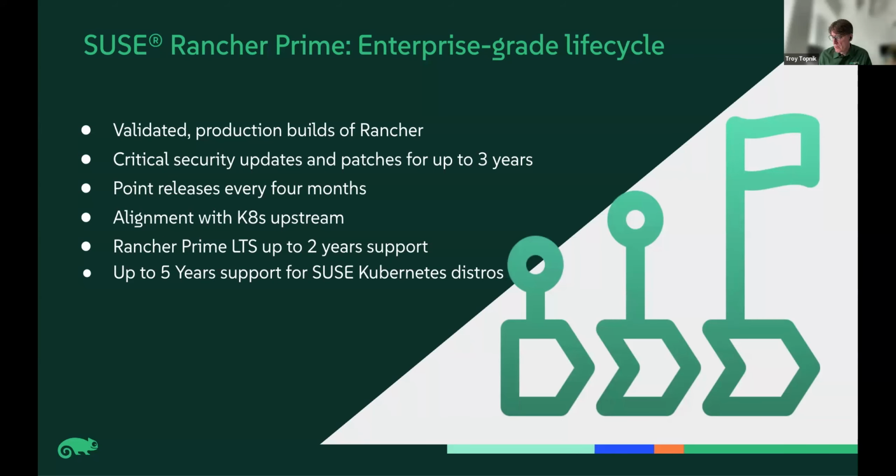Now, why would you choose this? A lot of this stuff is available for free, obviously. We are an open source company. And something that is worth thinking about if you're building mission critical applications is why you want a partner to support your organization in this and why you want to use something like SUSE Rancher Prime, which is the validated production builds of Rancher. And it's just because